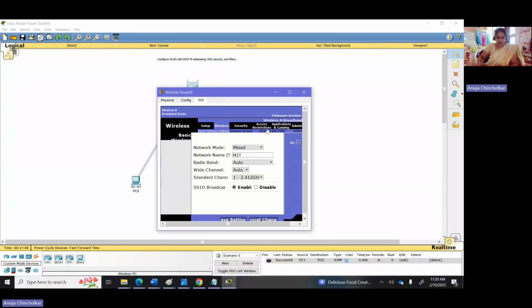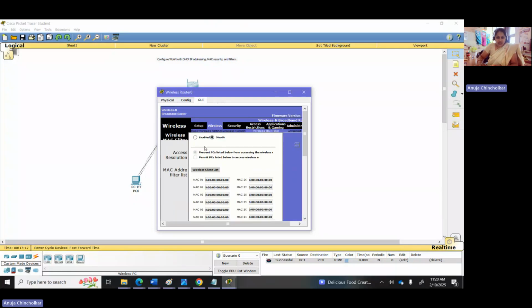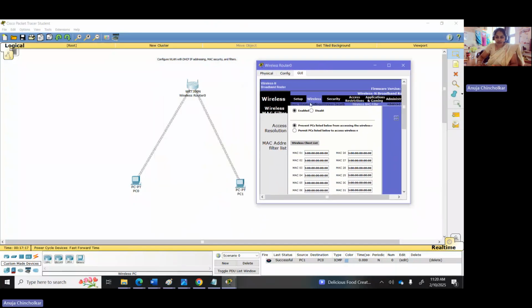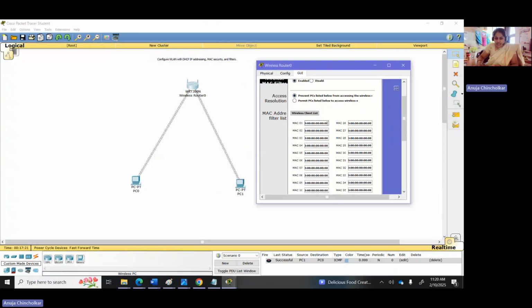In the wireless tab, you will find this wireless MAC filter tab. Now you have to check this enabled, and you have to simply paste the copied MAC address over here. I'm simply copying that MAC address here, but we have to do formatting for that. So do formatting. I'm giving colons in between after every two letters like other MAC filters.